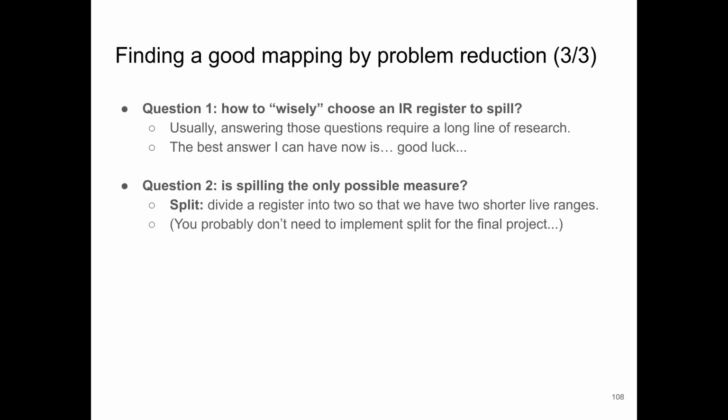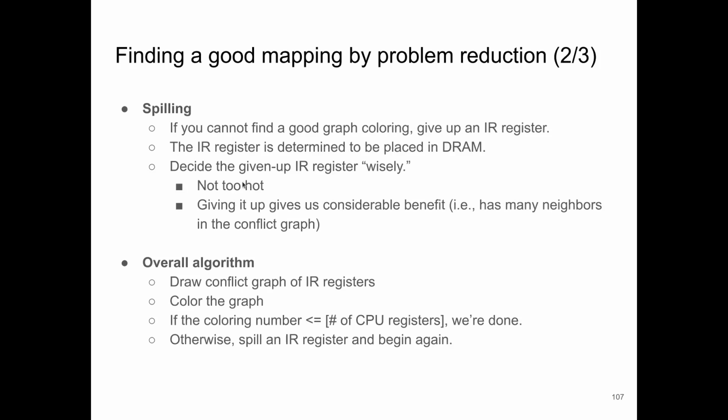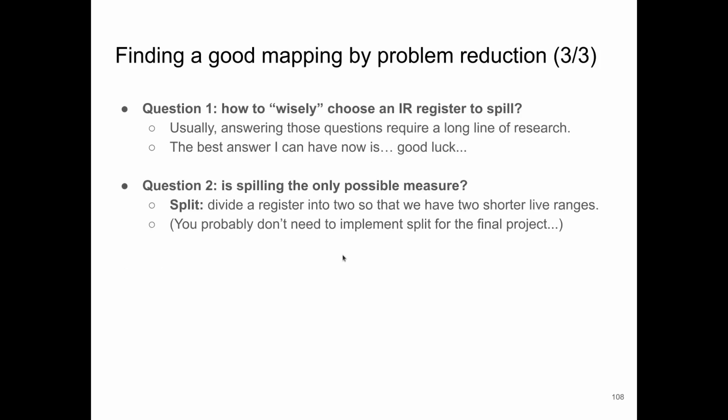But there are a few implementation details, or a few heuristics, we need to discuss. So I briefly explained how to choose an IR register to spill wisely. It should not be too hot, and it should give us some considerable benefit in the graph coloring. But it is a little bit hand-waving, right? It doesn't give you a very precise metric, and finding such a precise metric and implementing it is